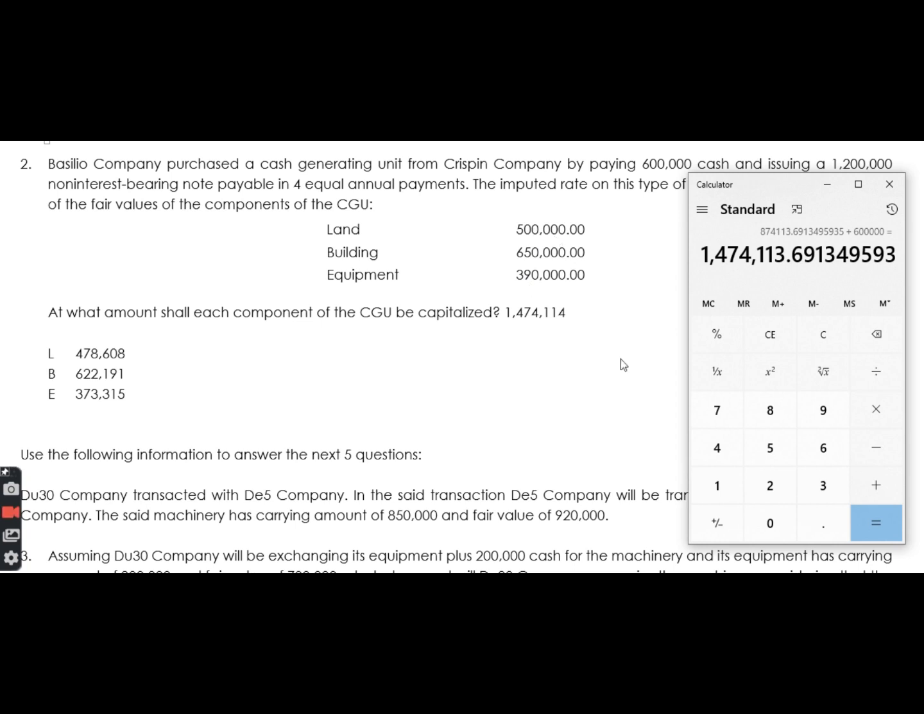So ratio and proportion, i-total muna natin to. So that's going to be 500,000 plus 650 plus 390. So that's 1,540. Ratio and proportion, 500 divided by ito, 650 divided by ito, 390 divided by ito, i-multiply mo dito. So, unahin natin yung 500. So, i-omit ko na yung mga sobrang zero. So, parang 1,540 na lang ang denominator. So, 500 divided by 1,540. Ito yung ratio. Multiply natin doon sa